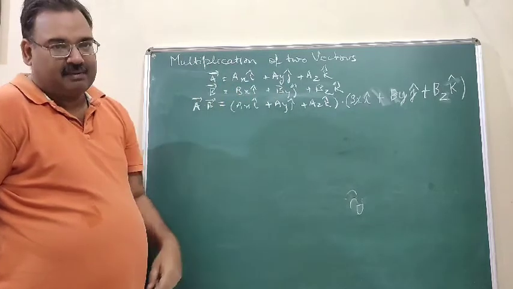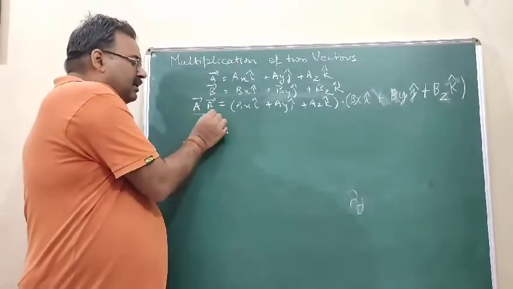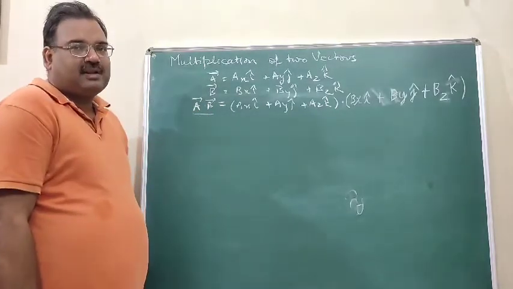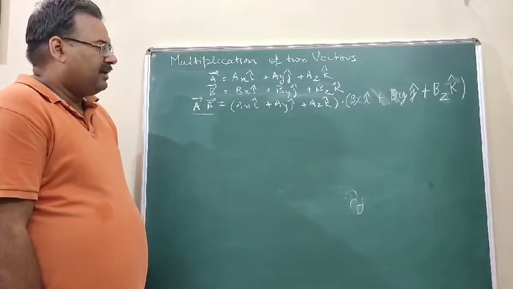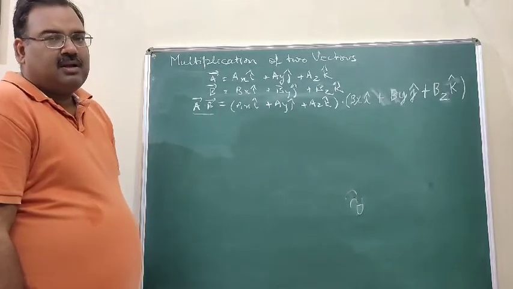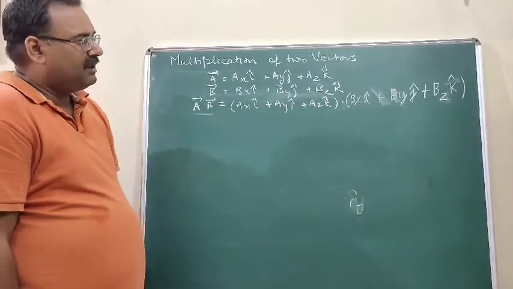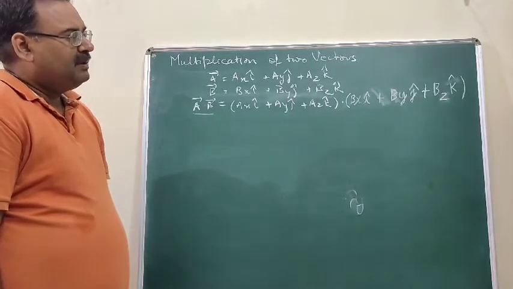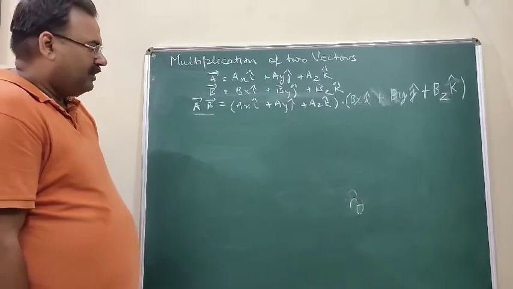And now what we have to do? We have to do the dot product of these two vectors, A dot B. We have to find that out. So what will we do? We will write the components and do their dot product. So what did we do first? ax i cap plus ay j cap plus az k cap dot bx i cap plus by j cap plus bz k cap. Now what will we multiply?